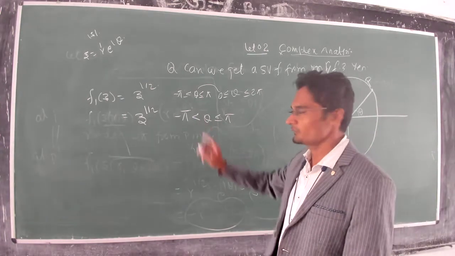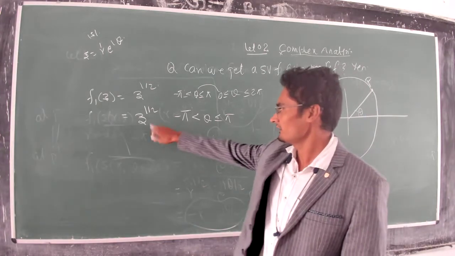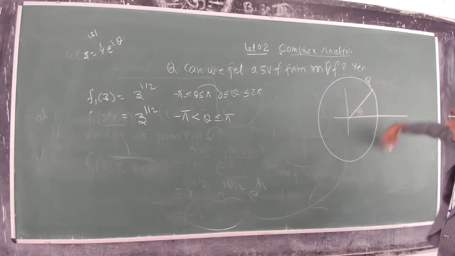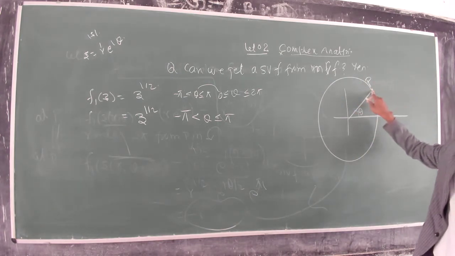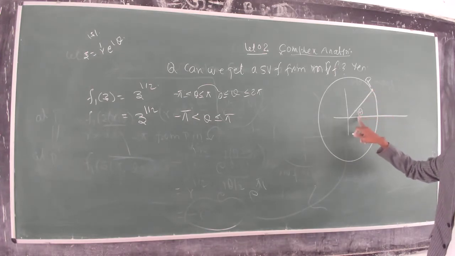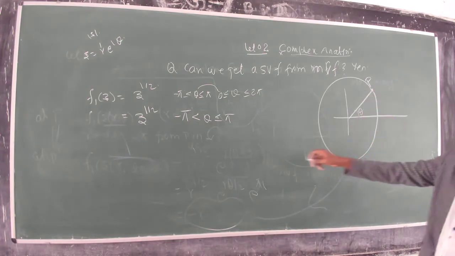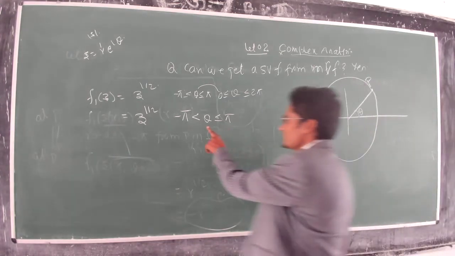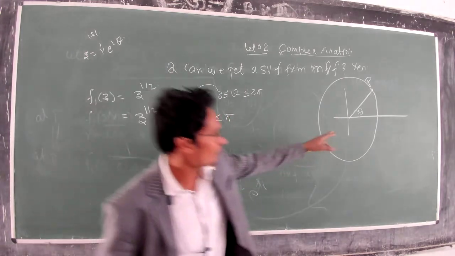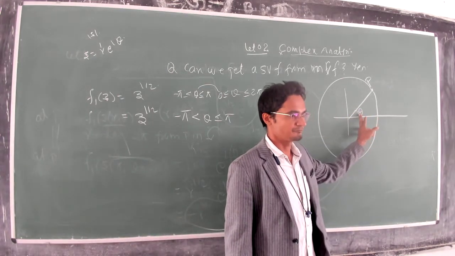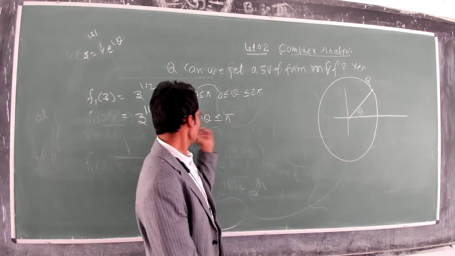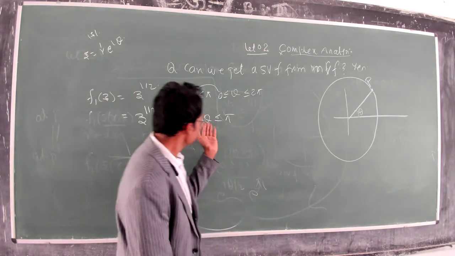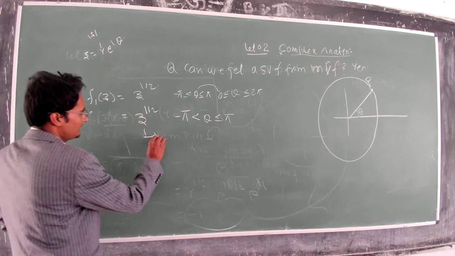So if I am using this domain, if you notice, for z raised to the power half, what we did earlier was that our point was P, then we rotated 2 pi, then we reached the same point, but the angle was different, the angle was theta plus 2 pi. Here you cannot cross it. So the meaning is, in this region you cannot rotate 2 pi, because the condition is theta between minus pi and pi. So the moment theta is between minus pi and pi, in this situation, this function becomes a single-valued function.